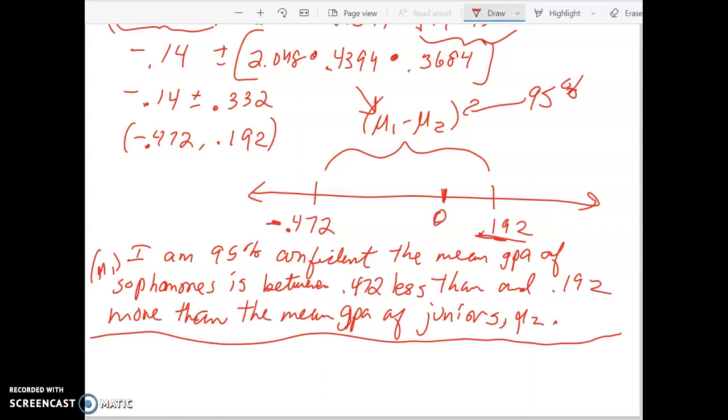It's like maybe around here somewhere. It's not exactly in the middle, but it's in there. 0, remember, is the spot where the mean of 1 equals the mean of 2. Because if two things are equal, when you subtract them, you're going to get 0. So this confidence interval agrees with what our hypothesis test said, because since 0 is in the interval,